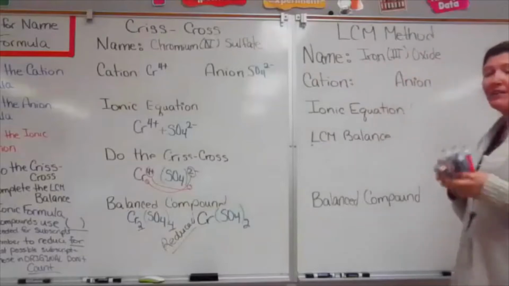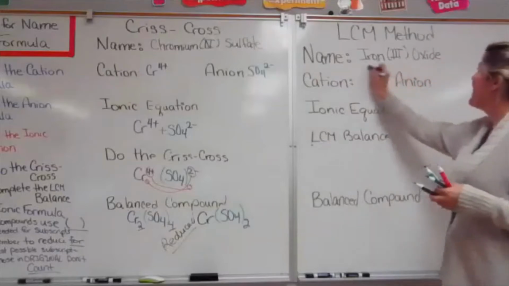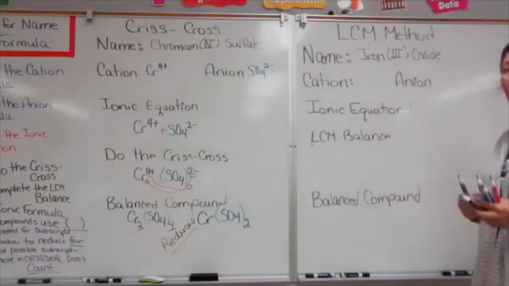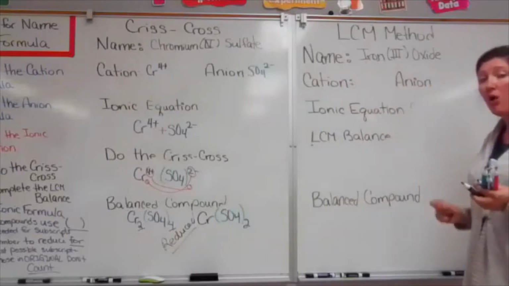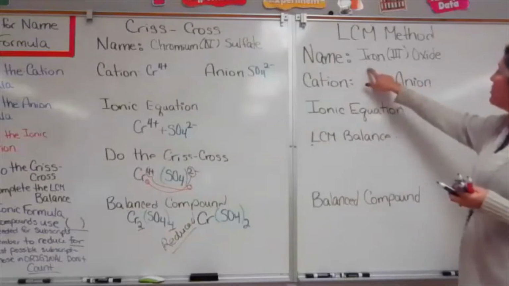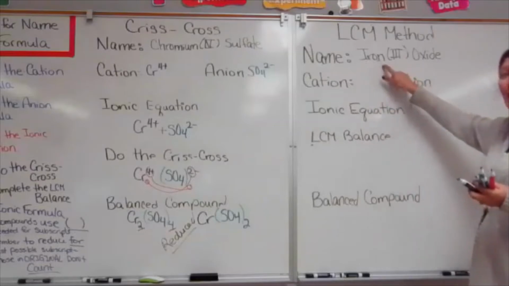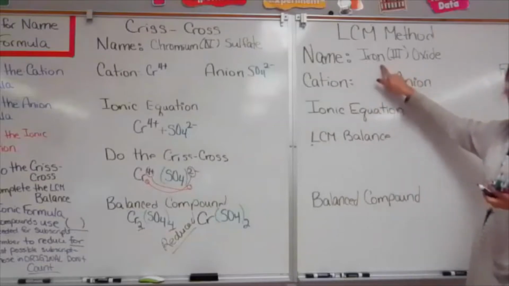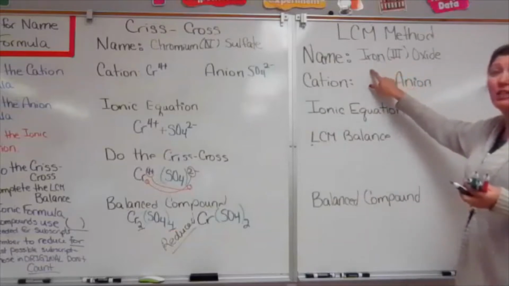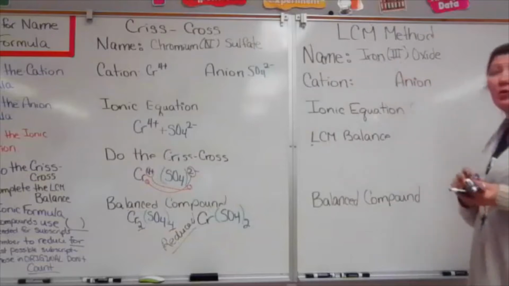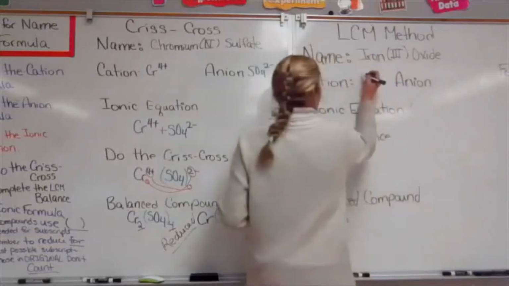So we can deduce that iron 3 is our cation for 2 reasons. 1, it's written first, and your cation is always written first. And 2, if you look up iron on the periodic table, it's in the transition metals, and metals are always cations. And because it's a transition metal, we are given the charge in Roman numerals. So iron 3 is written Fe